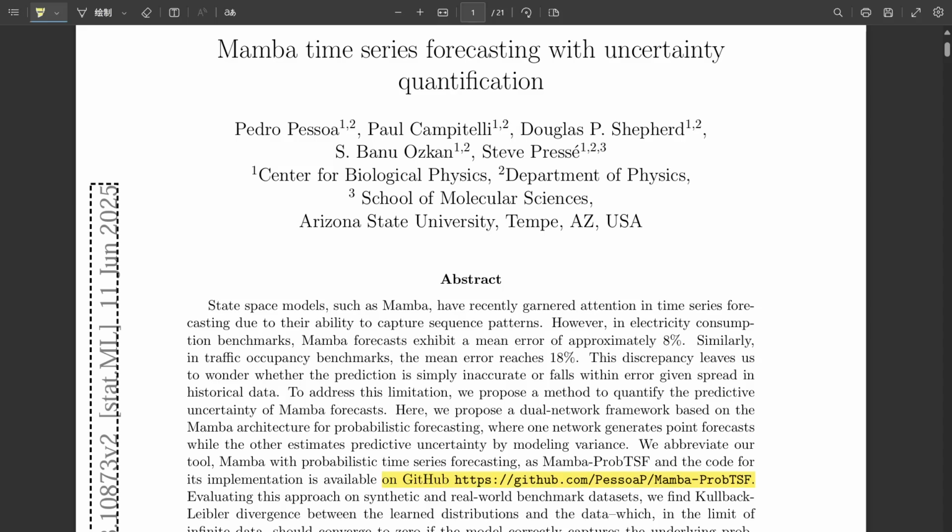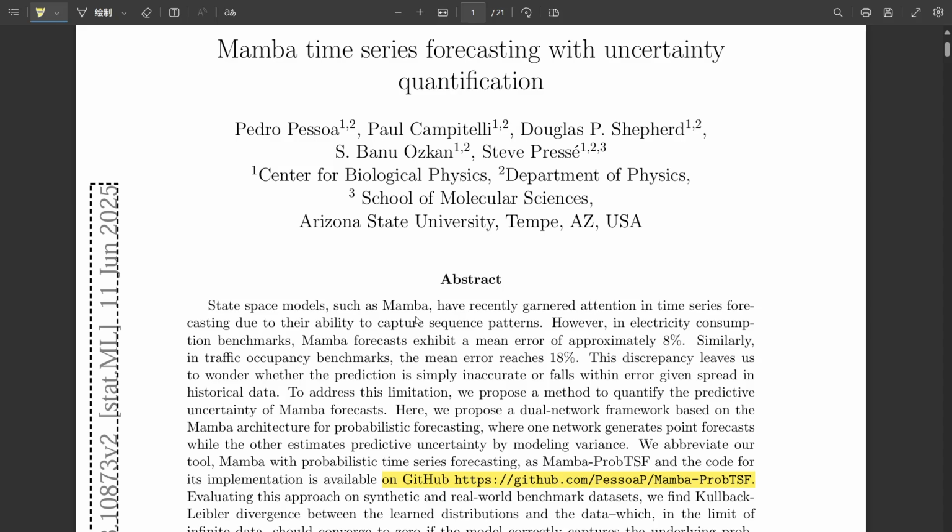So the real core innovation here, academically speaking, is how they structured the model. It's a fundamental shift. Instead of just one big network doing everything, they use two separate neural networks working together, each with its own job. That's the key to how they quantify the uncertainty. Two networks. Okay, that sounds interesting. What's the first one doing?